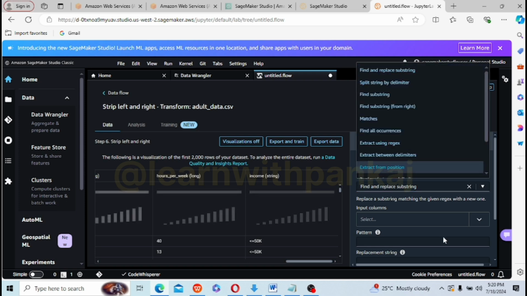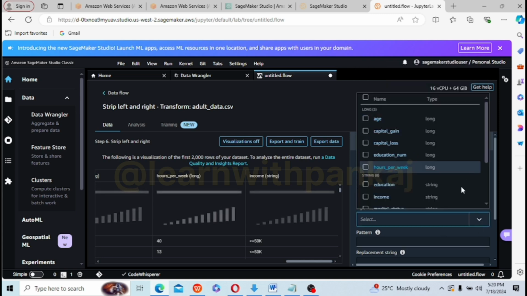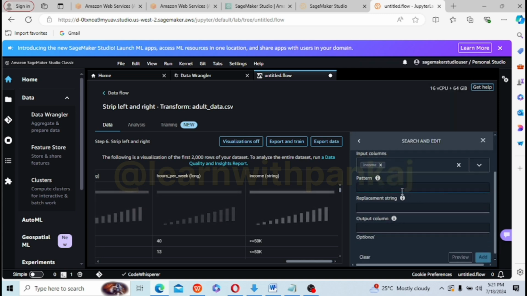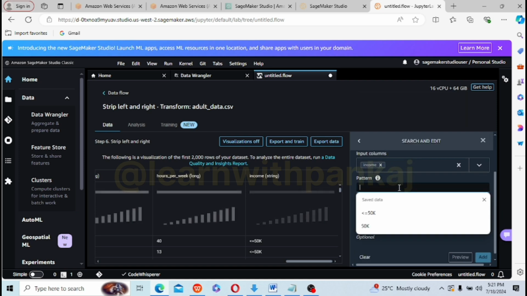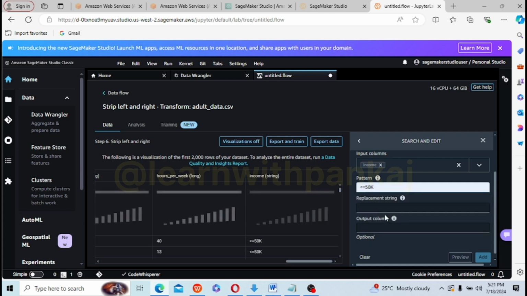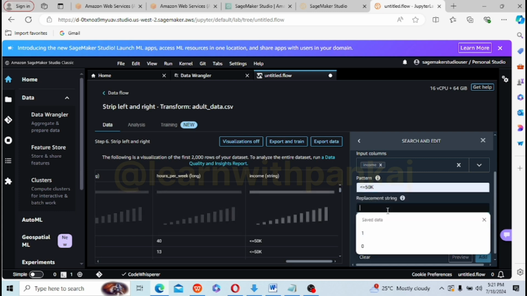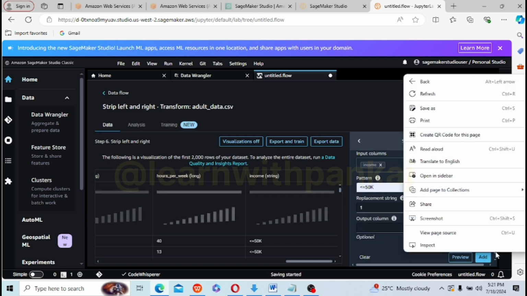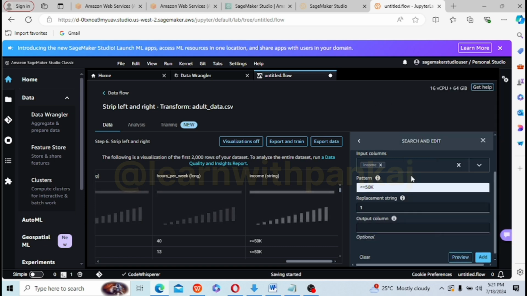Okay, and the input column, our input is the income. Okay, and what is the pattern that we are working on? Greater than or equal to 50k. If anything is greater than or equal to 50k, replace that string with 1. Getting my point? And then we will do preview.